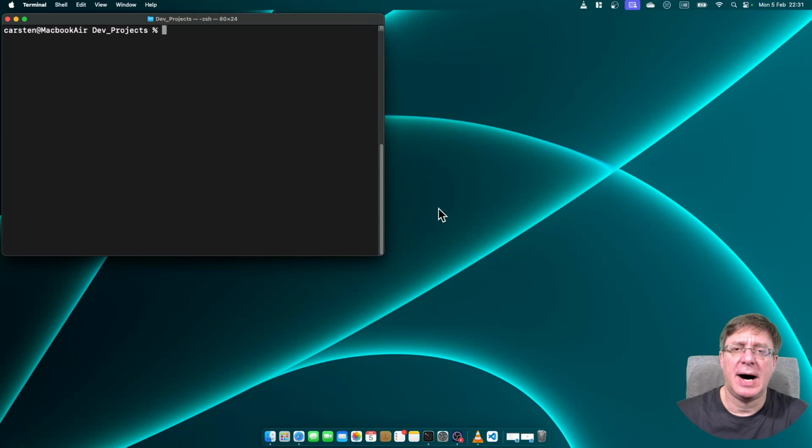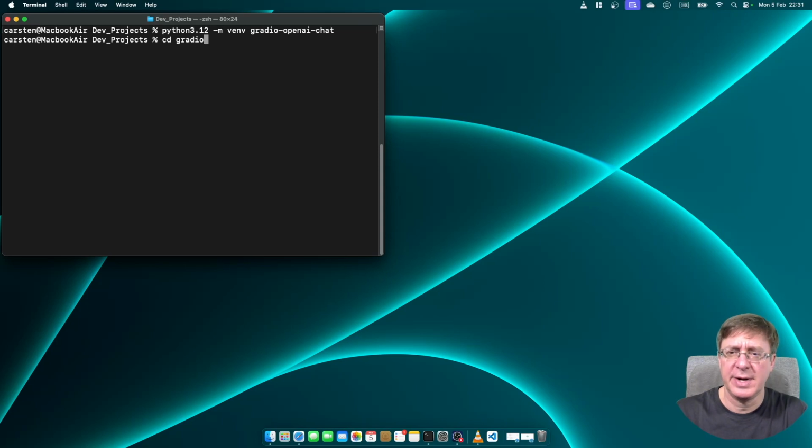Next, we will prepare our development environment. We will create a virtual environment directory for our project. To do that, we will use Python in the correct version and use the venv module to create a development directory. We will call it gradio-openai-chat. Python now creates the virtual environment directory. After that, we can enter the directory,